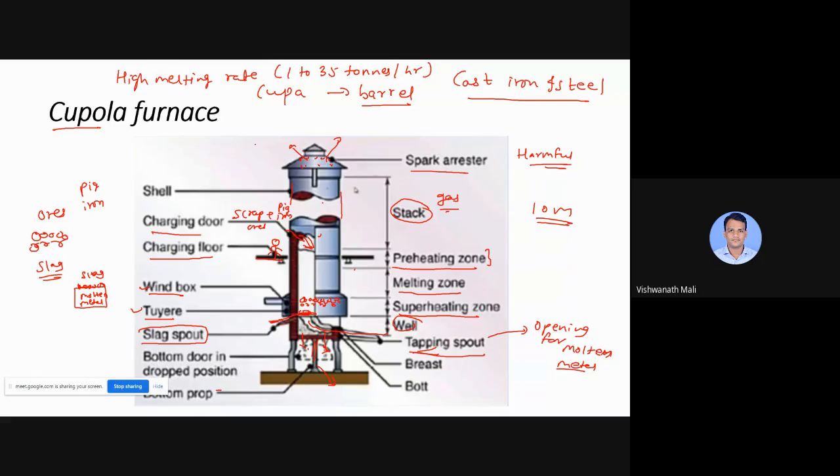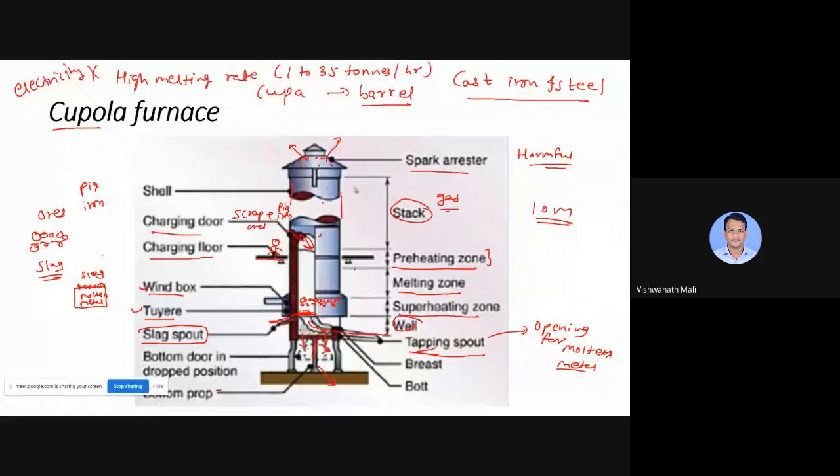Earlier they were using only the cupola furnace, so industries used to run this cupola furnace for 6 months. Right? So it has a long running capacity. Plus, as you can see here, no electricity is required. So these are some advantages, and disadvantages, as I told you, here